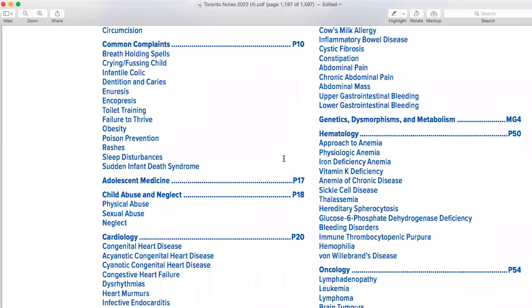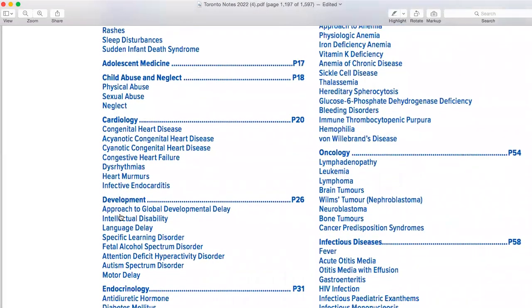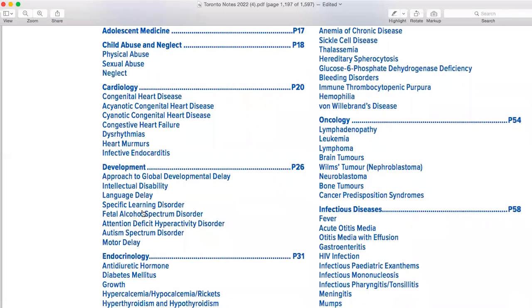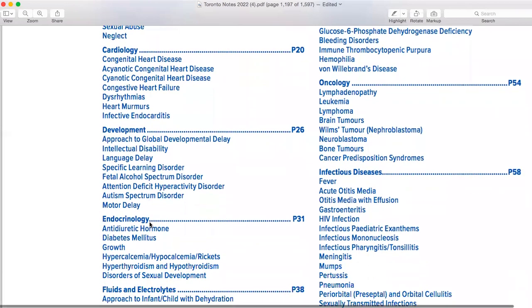Recording. So the first topic, we already covered the congenital heart disease and global developmental delay. I try to cover global developmental delay, the whole developmental topic, with the psychiatry. That's why I skipped this one. This is very important. We'll cover it with the psychiatry because you need to know autism, ADHD, and everything is written very nicely over there. Once you have a concept of psychiatry, it will be easy for you to read this developmental topic.